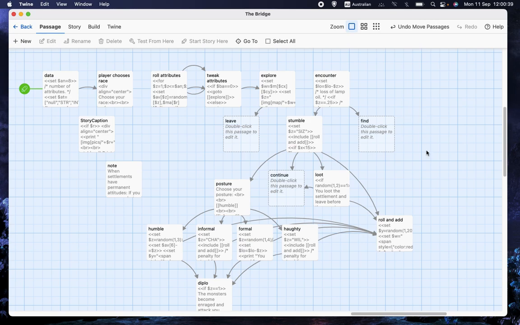So the moral of the story, the point of the story, is that if you are setting up a system, and of course this is really for people who want to make a game that has fairly elaborate code. You may of course make a game that doesn't have a lot of code, and that's perfectly fine. As I've always said, you can make a game with Twine that just uses text and links, and it can be perfectly interesting and playable. But if you're making a game that uses a lot of code and you're setting up a particular system,